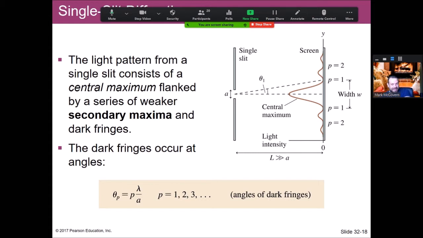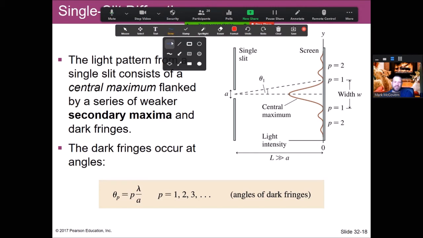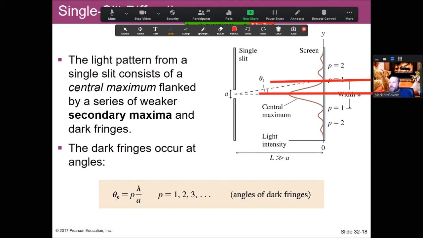Now here's what's really cool about this. If you double this equation, because this angle right now tells you this. Let me highlight this. This is cool stuff. If I just have the angle, it defines this distance right here, from the central to the p equals 1. If you double this, you get this distance right here, from the top to the bottom. And you know what that distance is? It's the width of the central maximum,